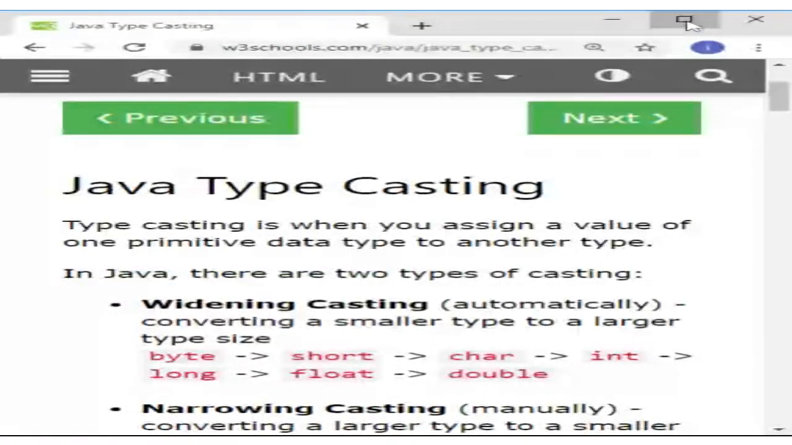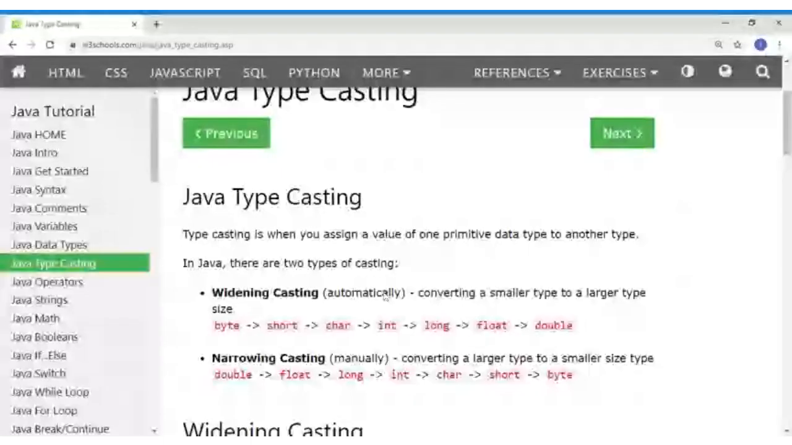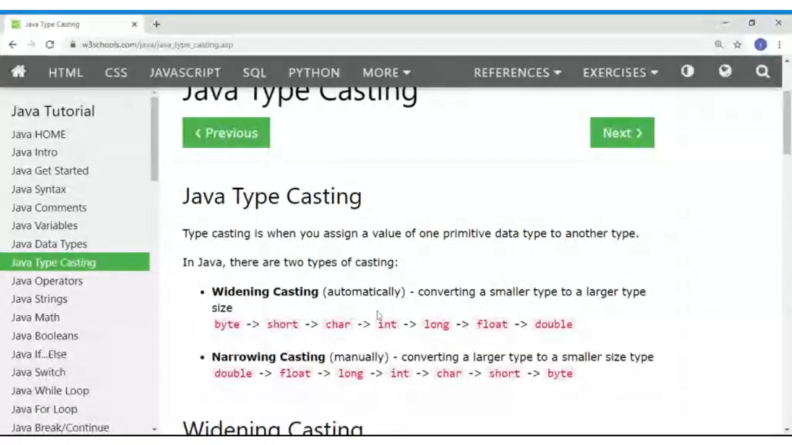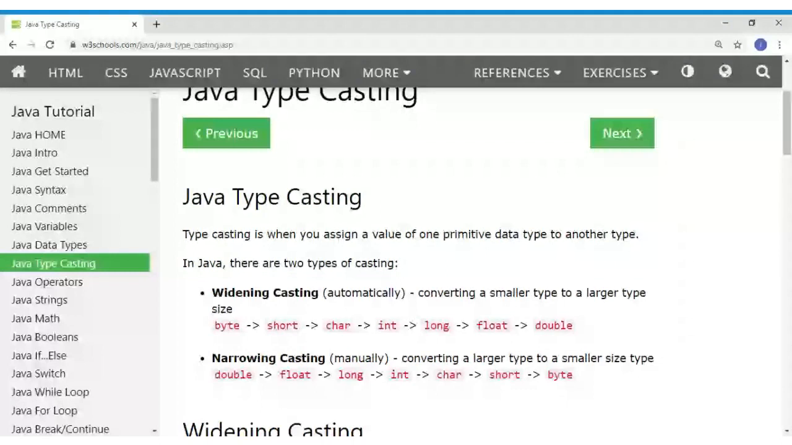Yes. In Java, there are two typecasting. That is where we have widening casting, which is automatic. This one converts a smaller type to a larger type size. For example, the smaller data types, we have something like byte, short, character, integer, long,